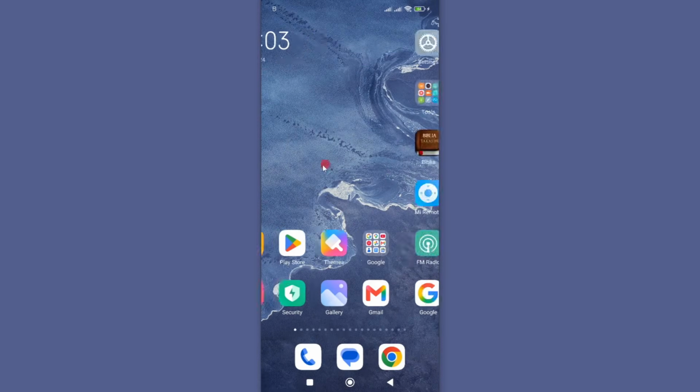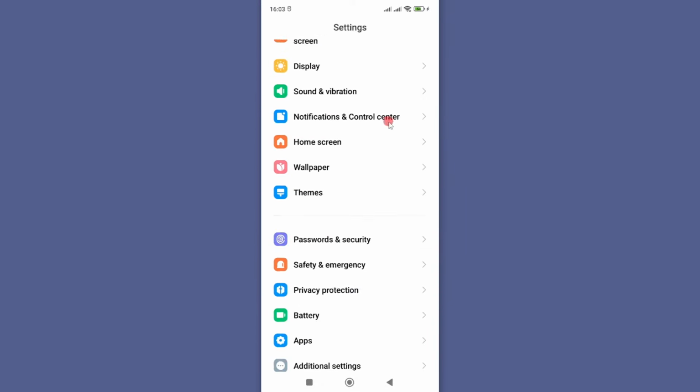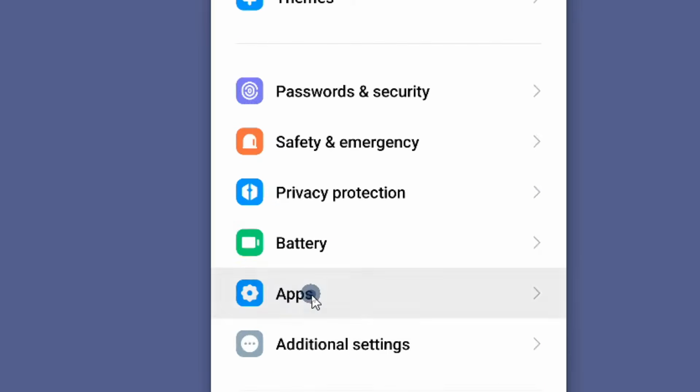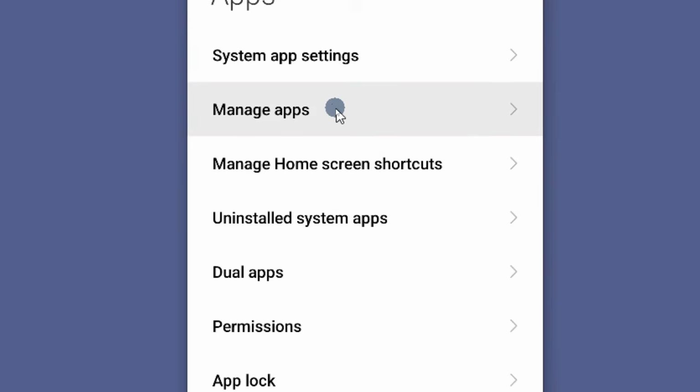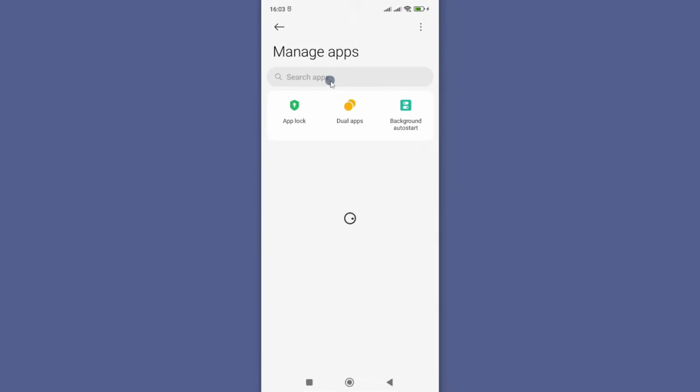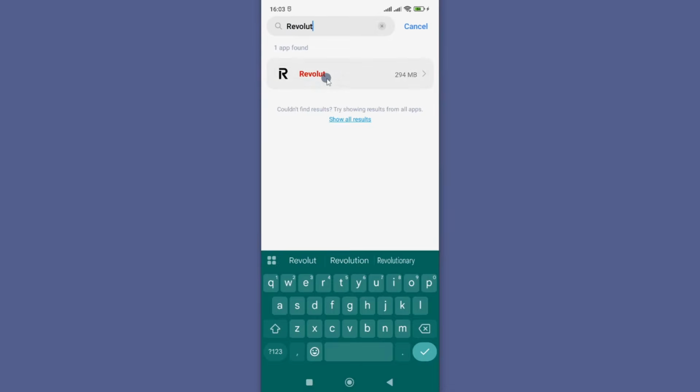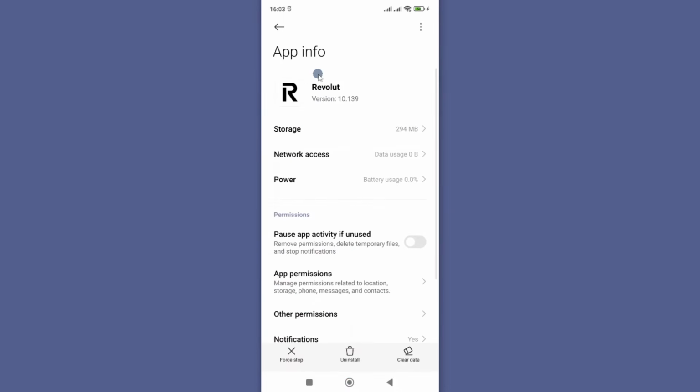To troubleshoot your app, go to settings on your phone, and from settings, scroll down to apps. This is the apps option, and from apps, go to manage apps or all apps. Now, if I tap on this, it will list all the apps I have on my phone. From the list, search for Revolut, and now if I tap on it, here we are on Revolut app info